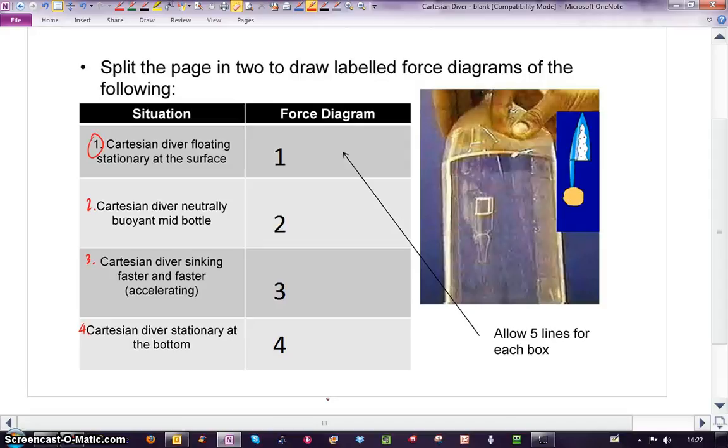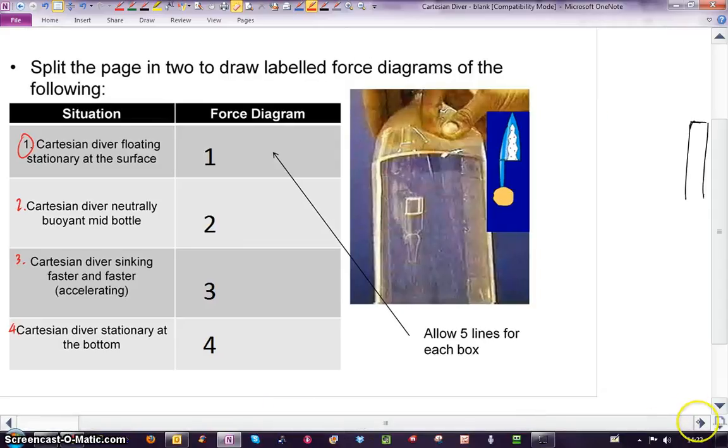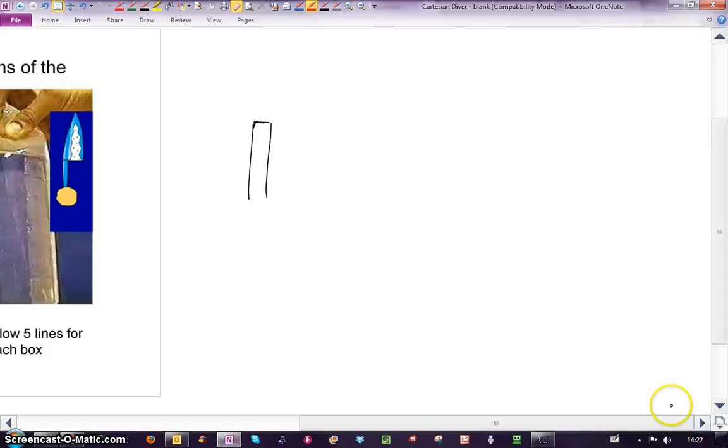The first one is a Cartesian diver floating stationary at the surface. So I'm going to represent my Cartesian diver using a